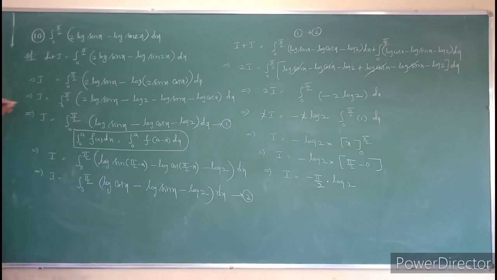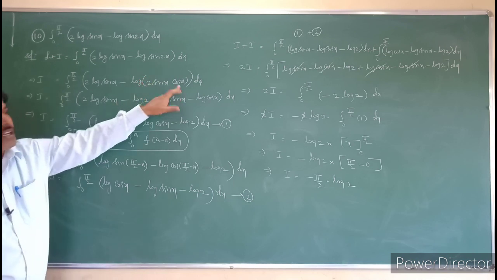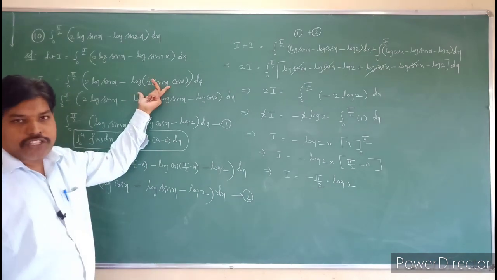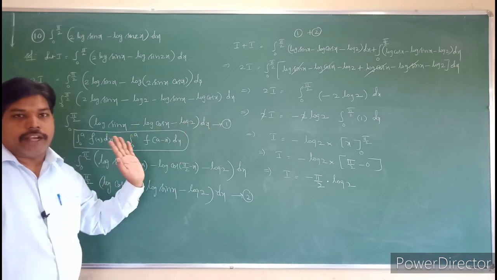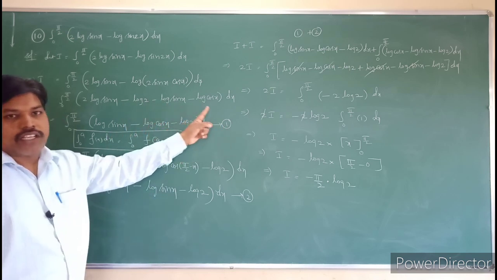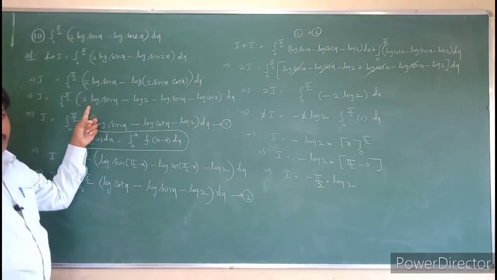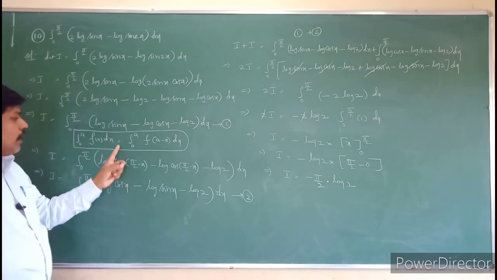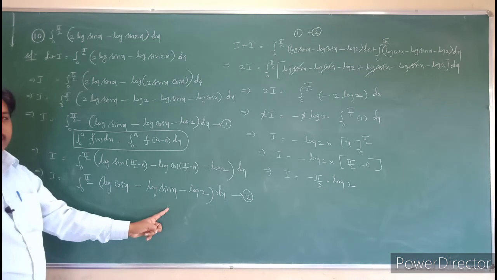So once again, first I am taking I is equal to the integral of log of sin 2 theta, which you can write as 2 sin theta cos theta. Log of ABC is nothing but log A plus log B plus log C, but outside the minus is there. So apply the minus, you will get all the terms negative: minus log 2 minus log of sin x minus log of cos x. Take that as equation number 1. Apply the formula, so in the place of sin you will get cos, and in the place of cos x you will get sin x.